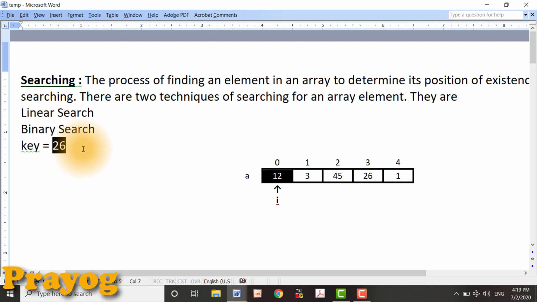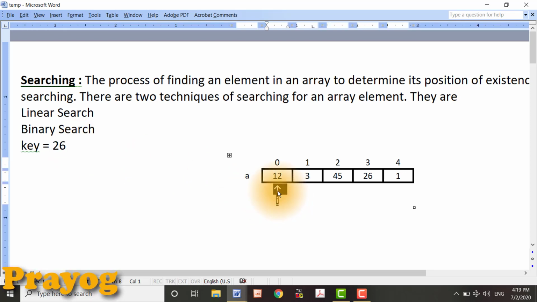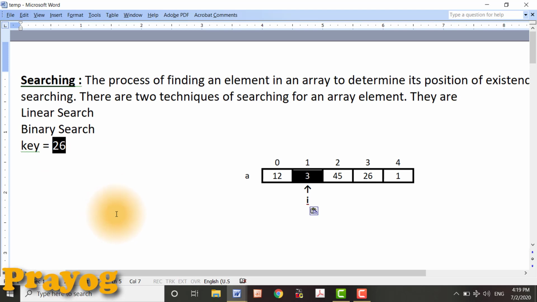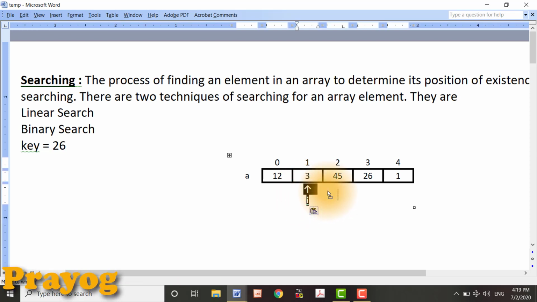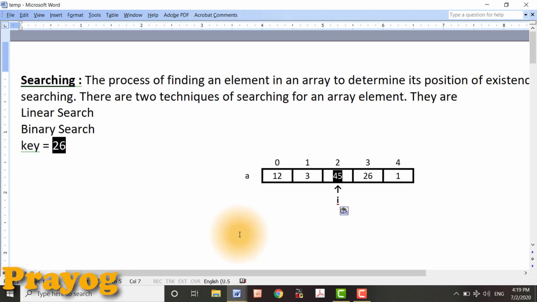Since both are not equal, the algorithm is going to continue comparing the next element of the array, 3, with 26. Even 26 is not equal to 3. Next element, 45, is going to be compared with 26. 26 is not equal to 45.